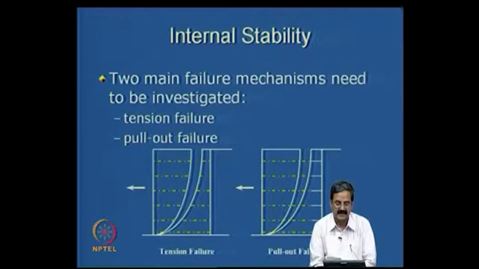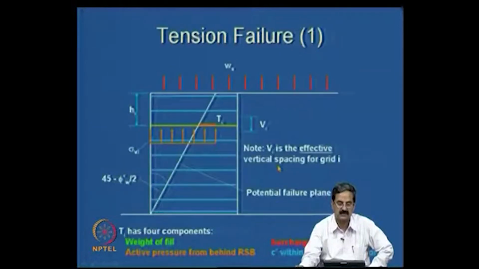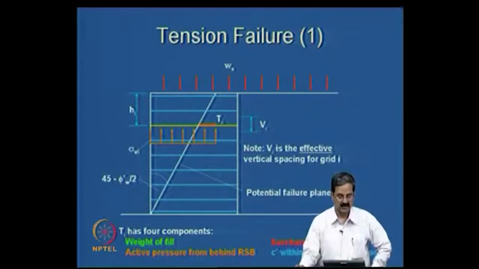Then what is internal stability? Like now you have introduced a reinforcement. So, it should not fail by tension, or it should not come by pull out. It should not just come out like a pull out, or it should not fail by tension. Like there is a tension failure where there is a clear breakage, where this pull out, reinforcement just comes out, this pull out. For that, we have a method. How do you calculate this tension failure and all that? You will see that